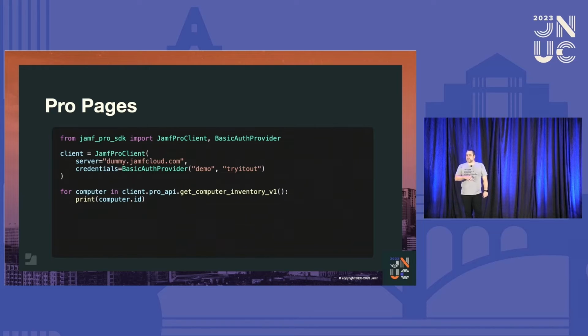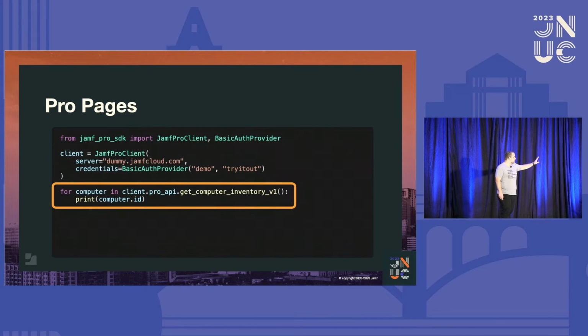All right, so I've talked a lot about the classic API so far because I think a lot of us are still using the classic API. There's still functionality in there that we need, but the Pro API has come a really long way. And another goal, as we got deeper into the SDK, was to make sure there was a really good programmatic interface for the Pro API because probably this time next year we're not going to be using the classic API anymore. I'm not taking any bets, don't try me. But,